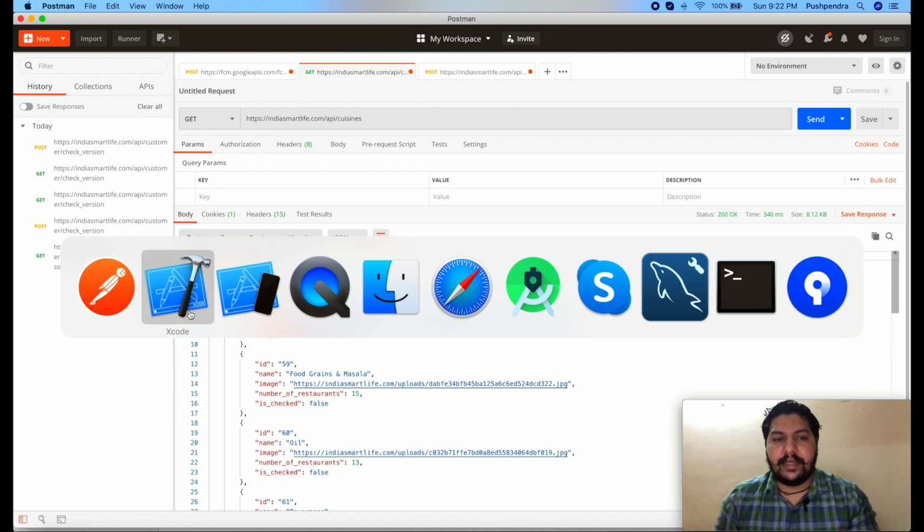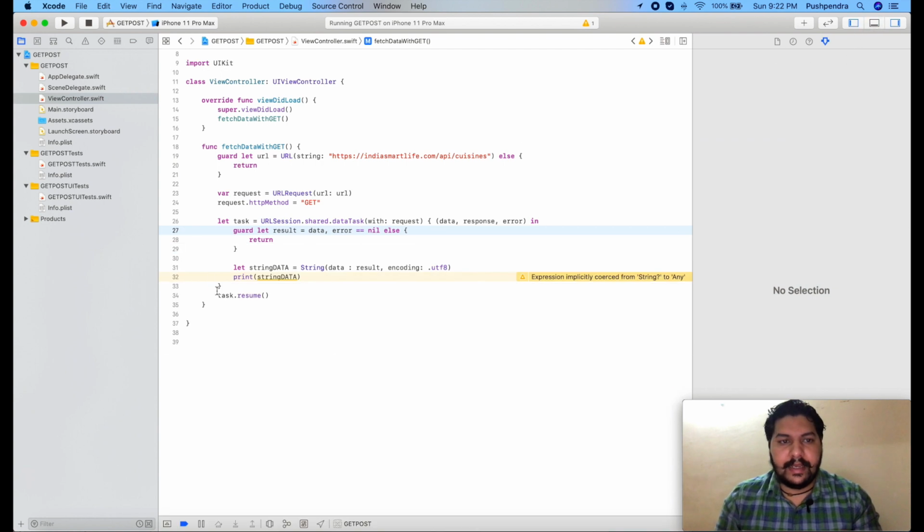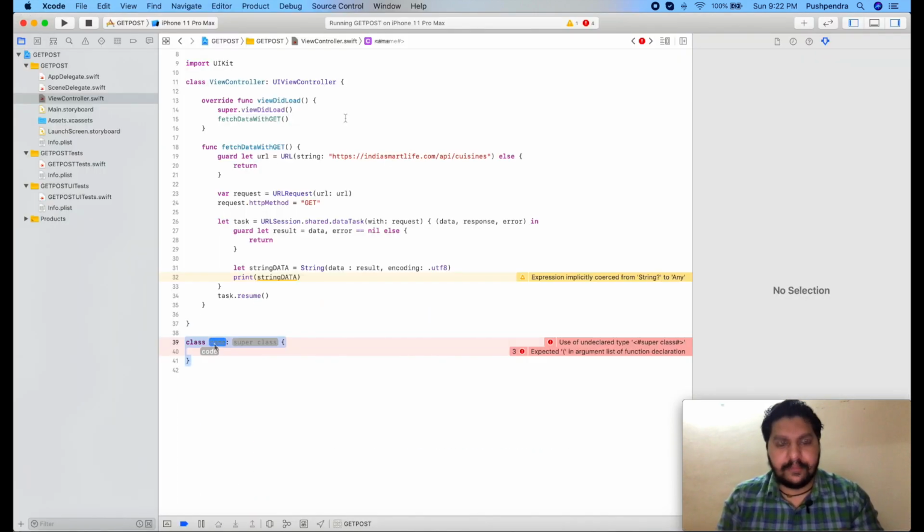So what I will do, I will use the parsing technique for that. So for that what I need to do, I will create one class and I'll give the name of the class as Cuisines with C capital, and it will be codable, type Codable, okay.